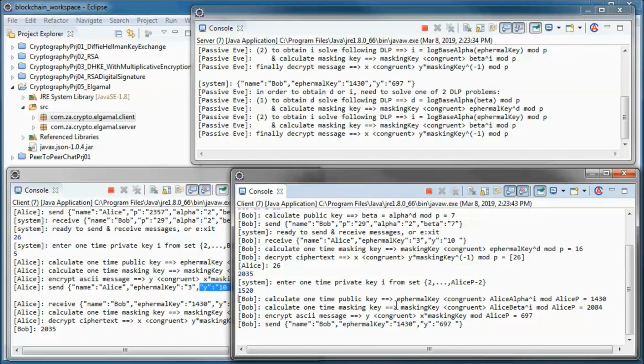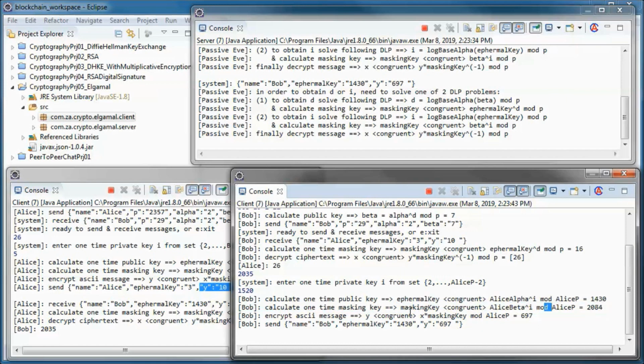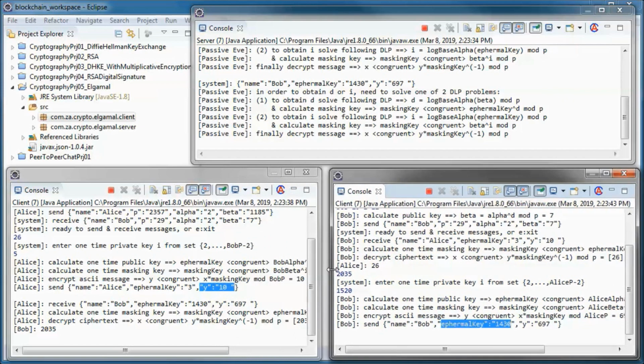He calculates the ephemeral key and the masking key for this message, and uses the masking key to encrypt the message, and sends the encrypted message and the ephemeral key to Alice.